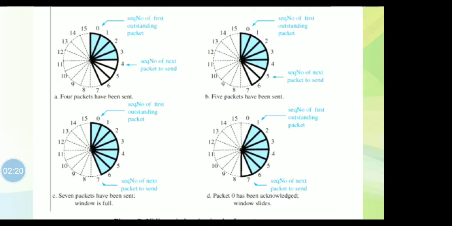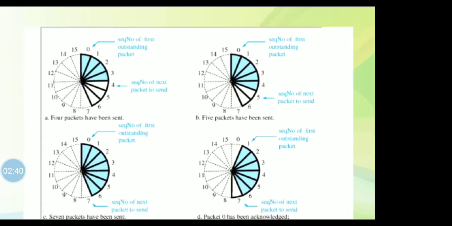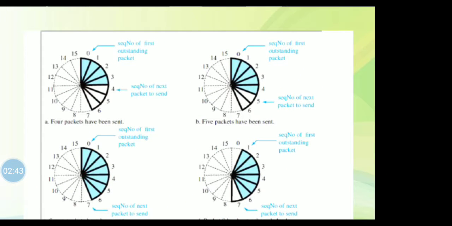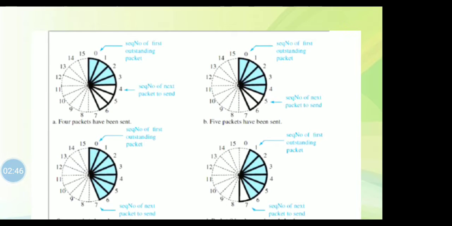If some consecutive slices from the beginning of the window are unmarked, the window slides over the range of the corresponding sequence numbers to allow more free slices at the end of the window. The sliding window is shown at the center in the figure, in circular format. Sequence numbers are in modulo 16. So m is 4. That is why we have sequence numbers 0 to 15, that is 2 raised to m minus 1. So modulo 16, m is 4, and the size of the window is 7.